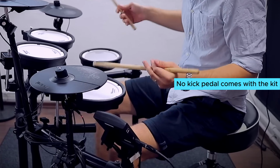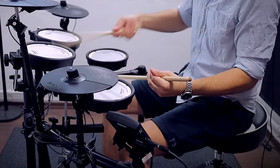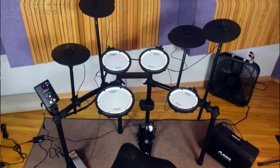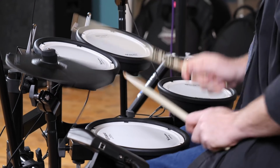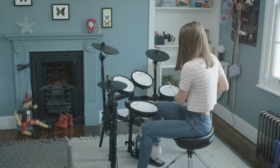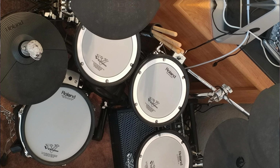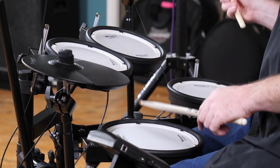No kick pedal comes with the kit, but the kick drum pad's generous size is ready for a double kick pedal if you have one. Plugging into the 1/8-inch AUX input lets you play to your favorite tracks. The inclusion of Melodics for V-Drums software via USB port is a fantastic bonus, offering gamified practice sessions with detailed